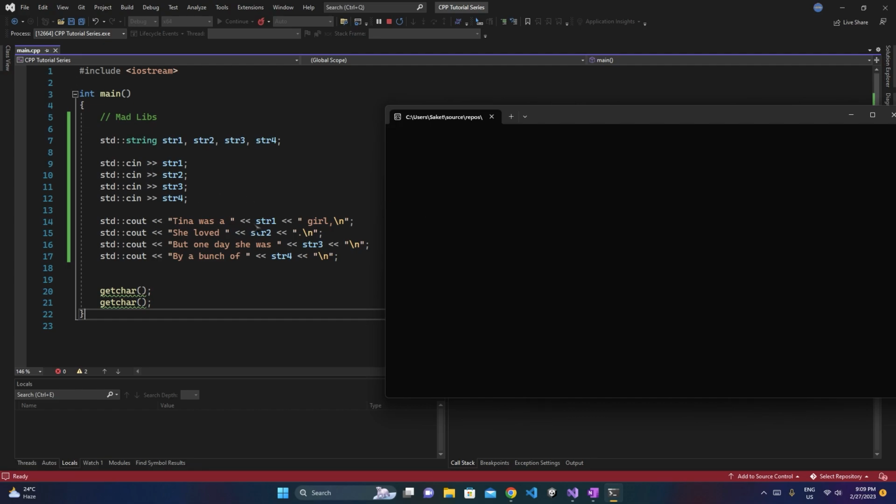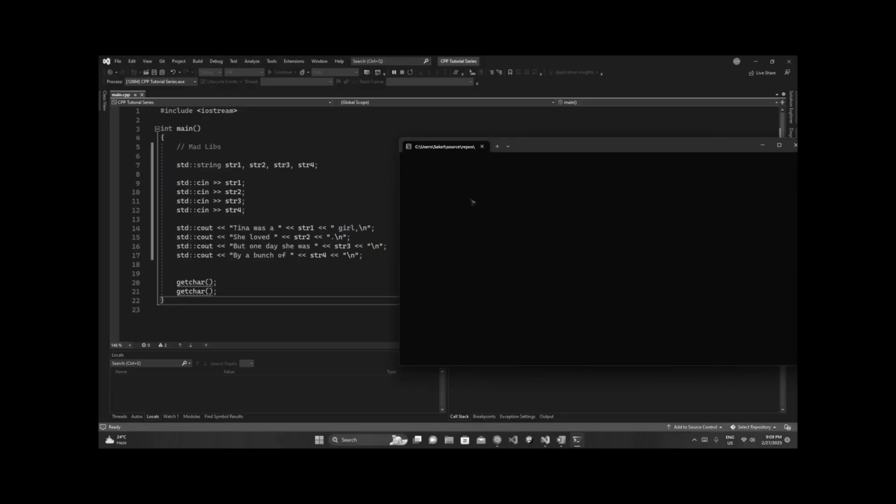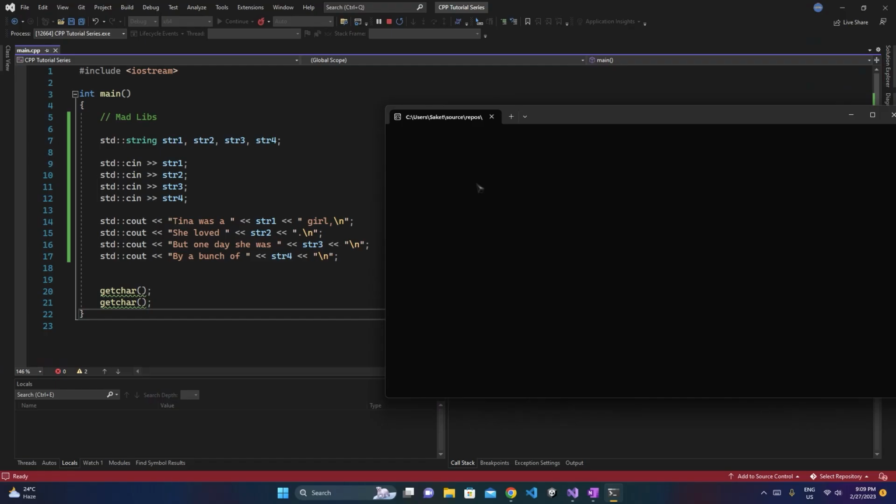So for example, in string 1, let's try to enter a two word sentence, a two word phrase, whatever. Okay, let's try to enter two words. Let's try to enter "Tina was a good girl." There are two words separated by a space. Now the thing is that with cin that's not really going to work, because